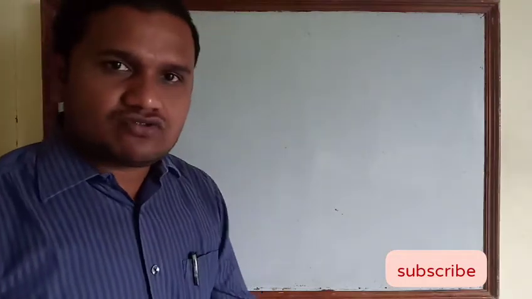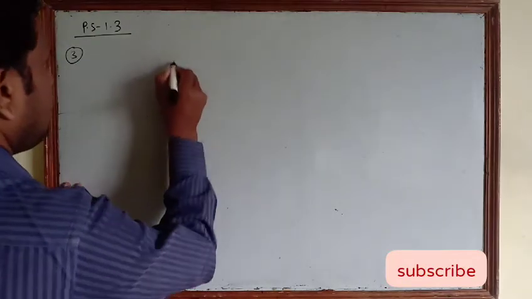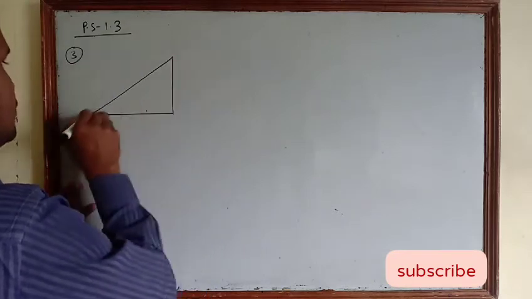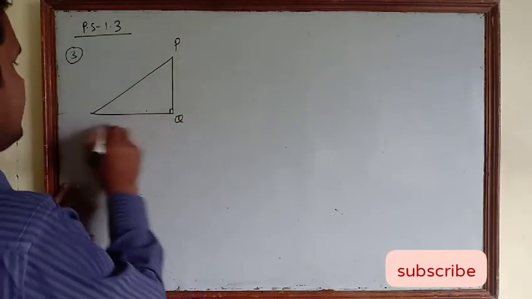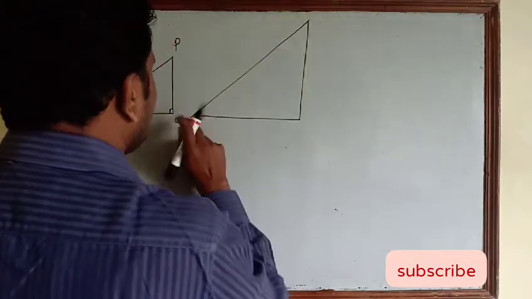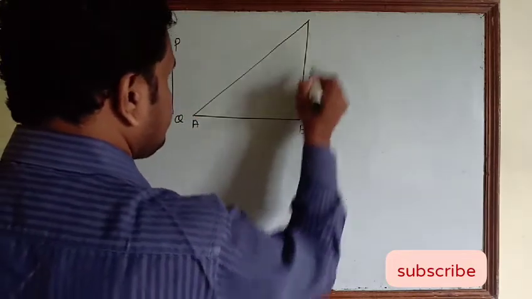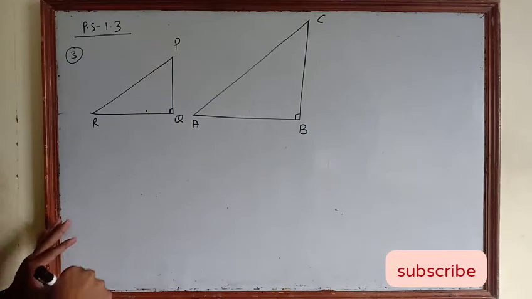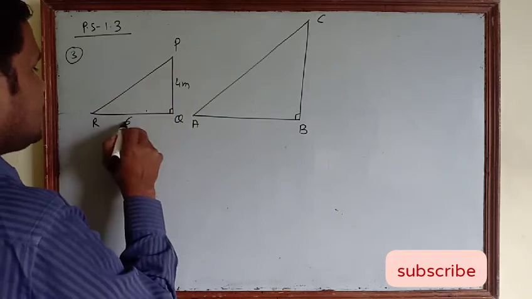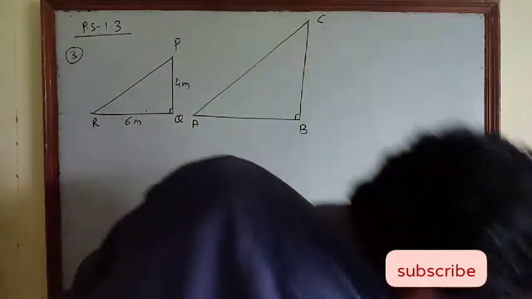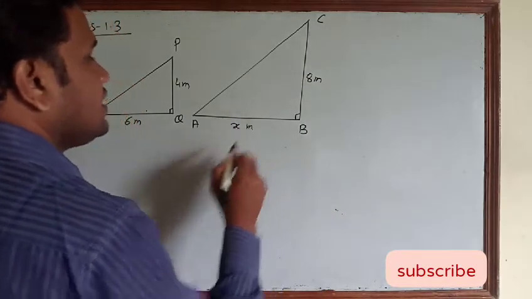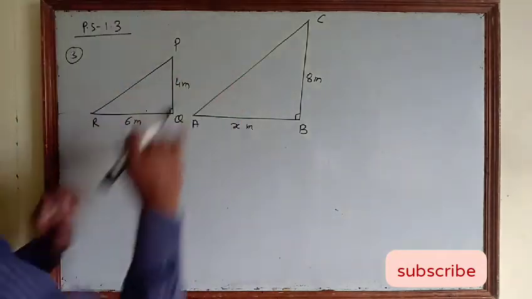Okay students, now see the next question. In the next question we have a pole and this is its shadow. As the pole is perpendicular, in this way. Again we got a bigger pole, so it has a bigger shadow. In this way we will say ABC. Now for this pole the measurements are given. Pole is 4 meter, shadow is 6 meter, and the next pole is given in the textbook. It is 8 meter and we don't know its shadow, so let us say it is X meter. So we have to explain this.